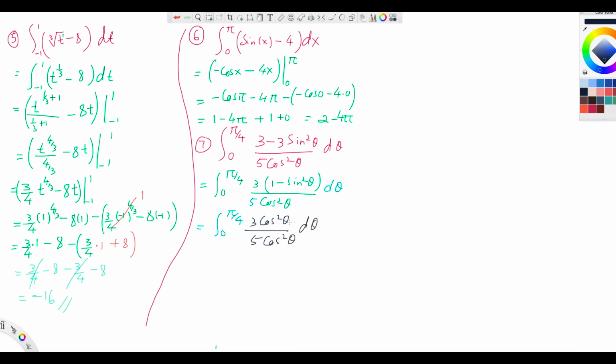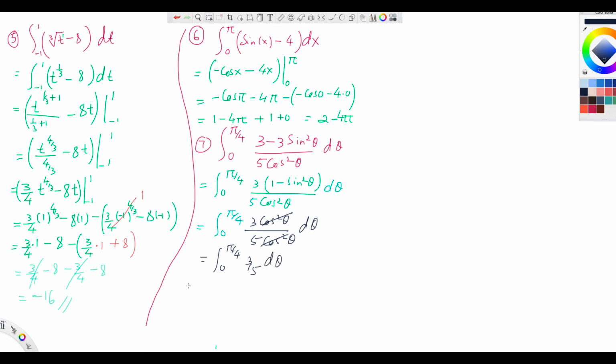Actually, we haven't done the entire derivative here so far, right? What we're trying to do is simplify and write it in an easier form first before you integrate. So you divide cosine square theta by cosine square theta, you cancel out, so that becomes the integral from 0 to pi over 4 of 3/5